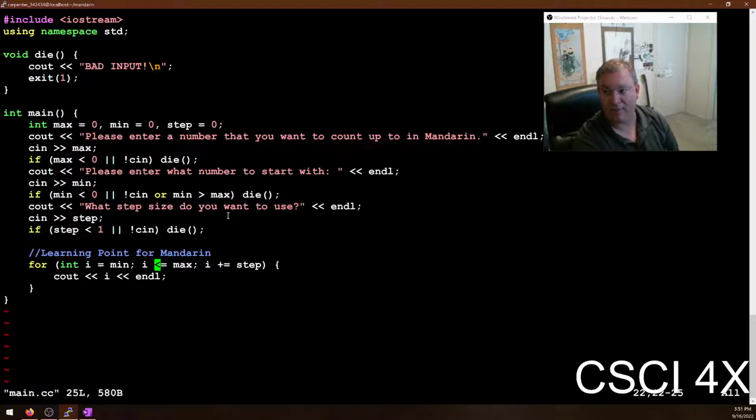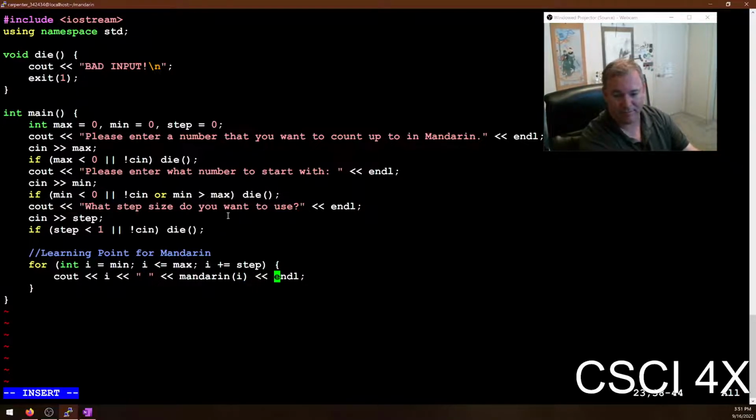But this is looking pretty good. Okay, so then the next thing we're going to do is just need to output the Mandarin version of I. Okay, so this code won't compile currently because there is no function called Mandarin, so we're going to have to